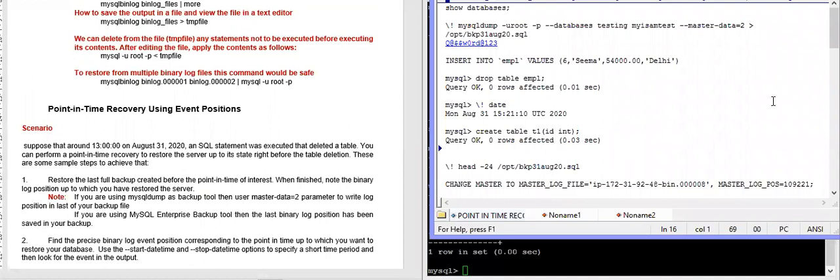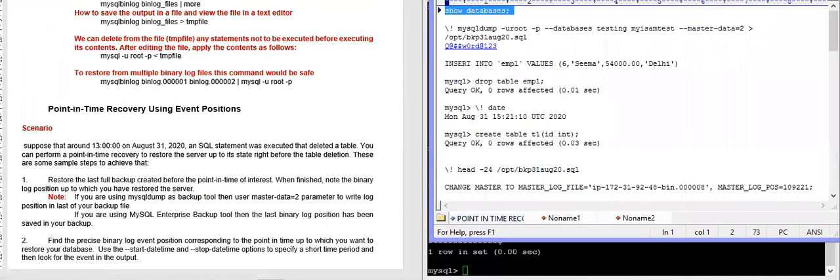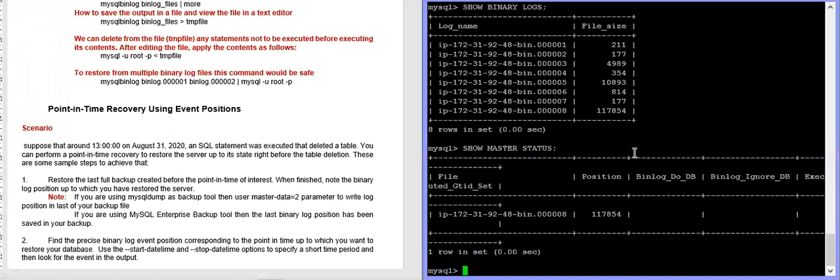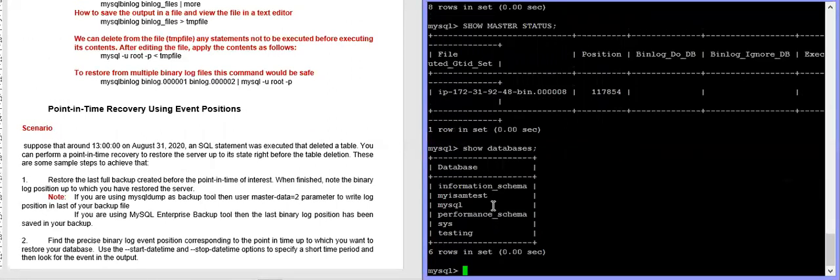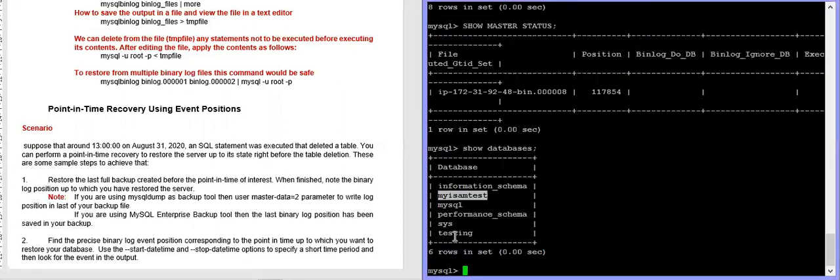Now first, let's suppose today is Sunday and I am taking one backup. I have these databases and I will take a dump of all these user databases, like this and this. These are the user databases.